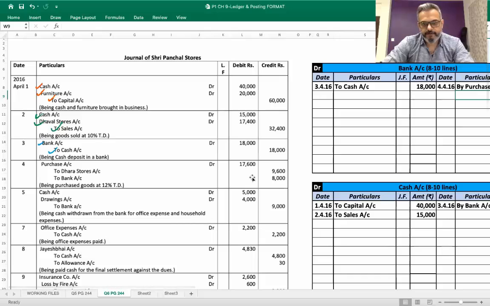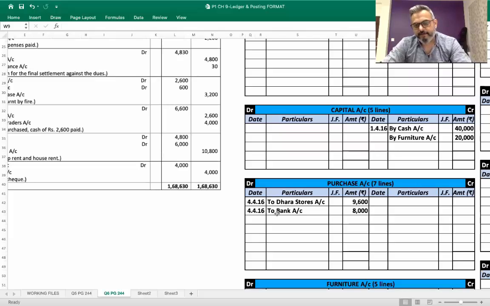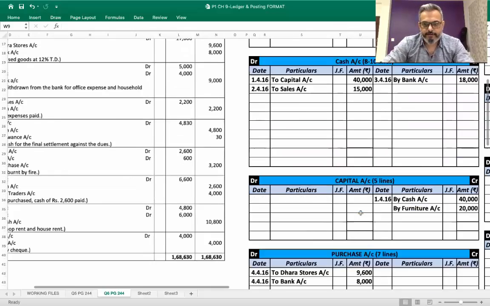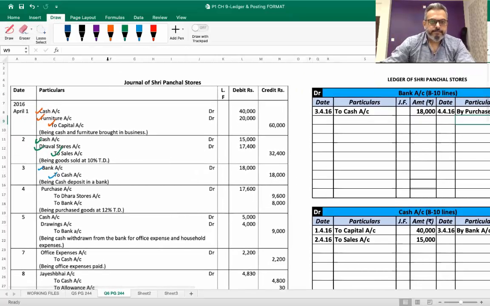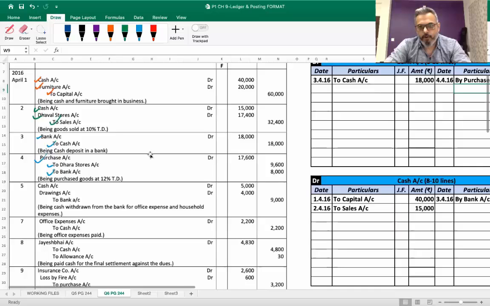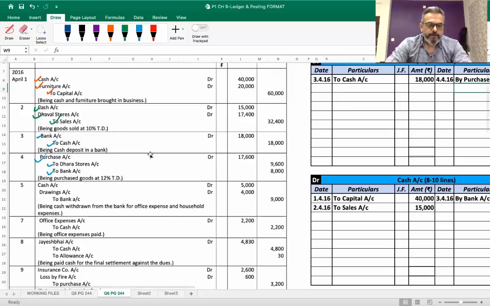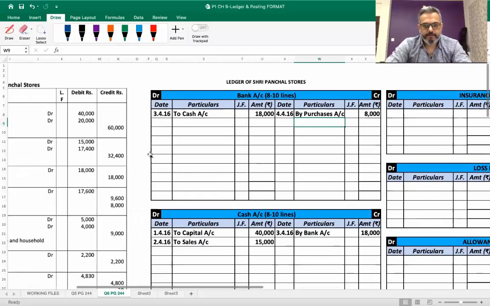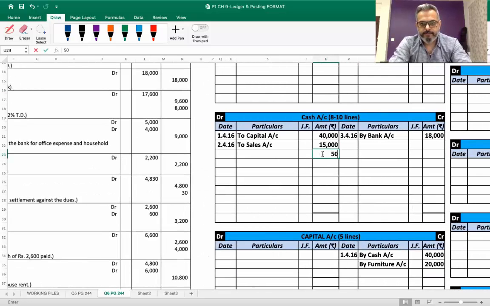Now first one, purchase account debit 17,600. Be careful. You write to Dhara stores 9,600 and to bank 8,000. So this is also done. Let's go to the fifth one. Cash account debit 5,000, drawings account debit 4,000, to bank account credit 9,000. So cash account debit 5,000, directly 5,000,